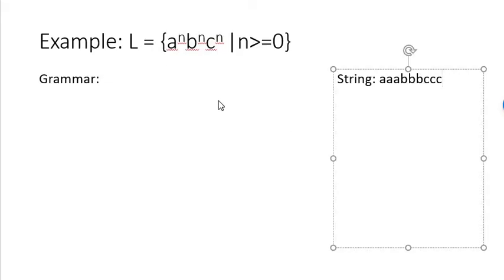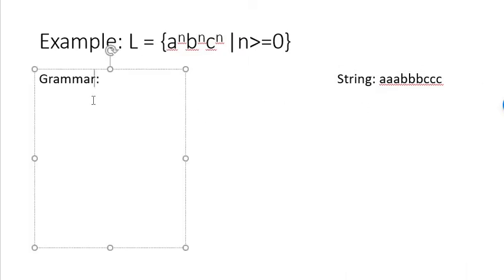Let us assume that I will use non-terminal capital A for generating symbol small a. I will use non-terminal capital B for generating symbol small b. I will use non-terminal capital C for generating symbol small c. Now we want n number of A's and n number of B's and n number of C's, where n can be anything. So I need a recursive grammar. So what I will do, I will write it like this: S to A, B, C, S. Sorry, I should write this thing in the grammar part.